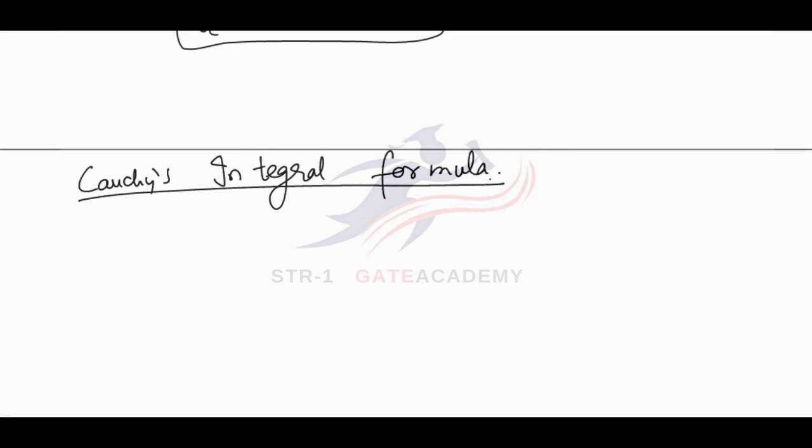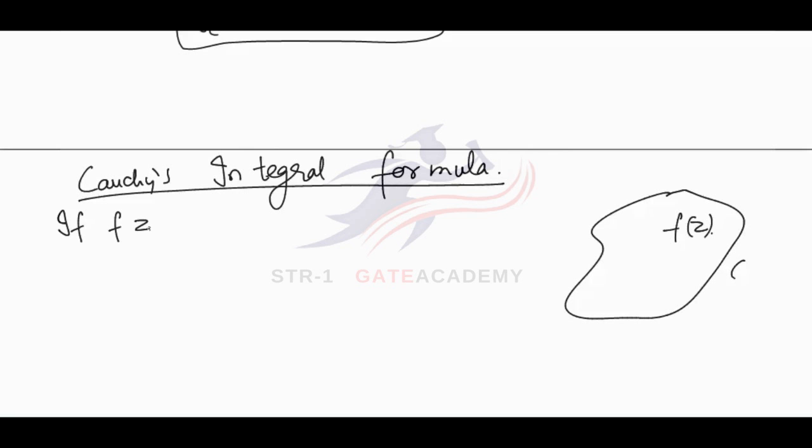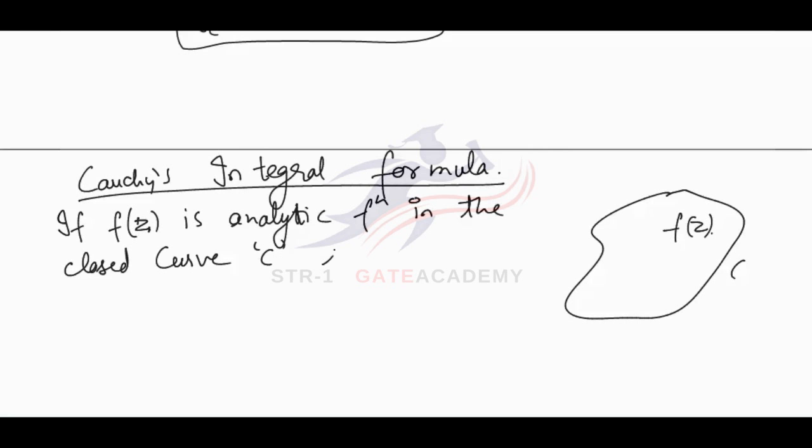Now for a closed curve we have said the integral will be 0, but if at any point you find the value of the function, let's say this is a closed curve C, then the integral will be 0, but at any point, let's say if f(z) is an analytic function in the closed curve C,